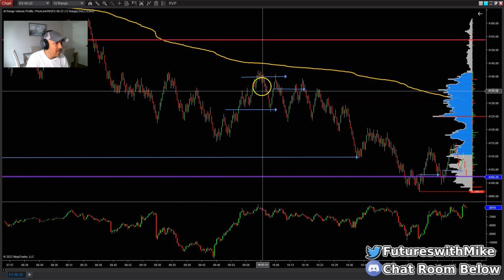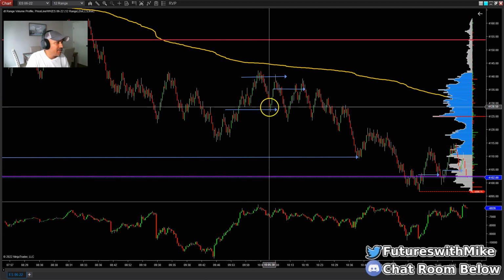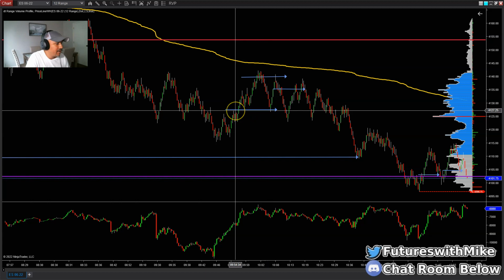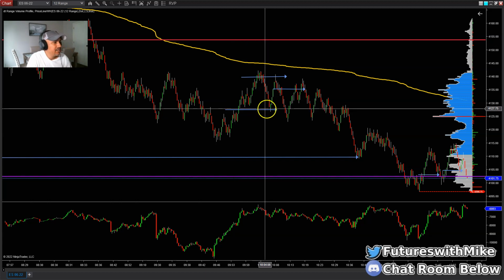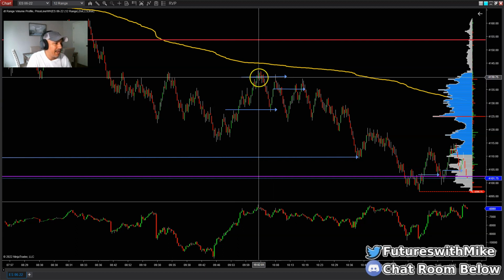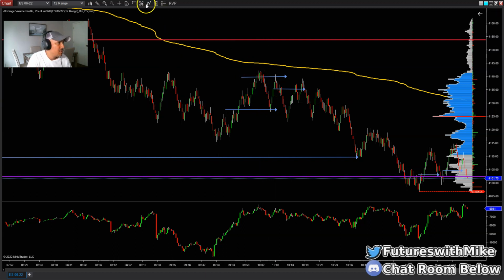Price came here. So each area that I have marked here is an area where I took a trade. So price pulls back to this little area right here. Okay. All right. It rejects it, closes the green candle. I'm long back up to the tops. Okay. So if I show you my trade,